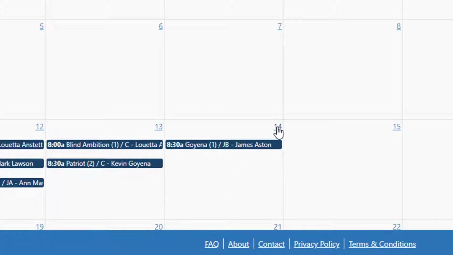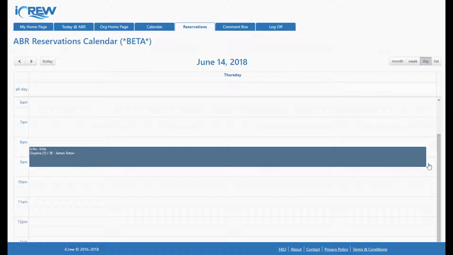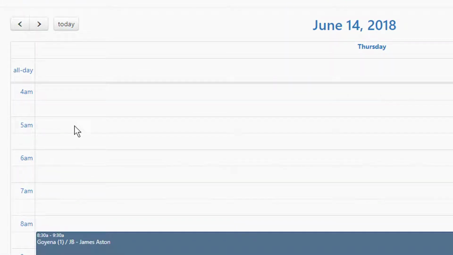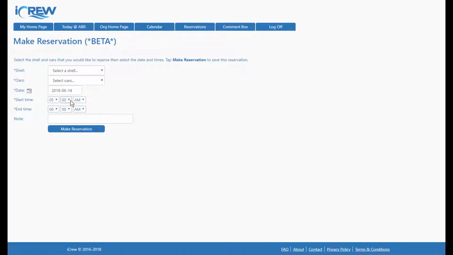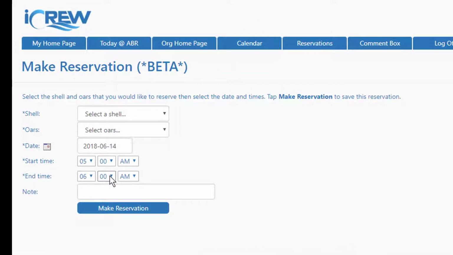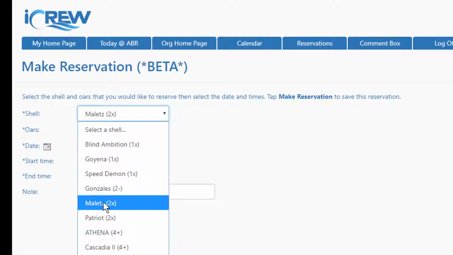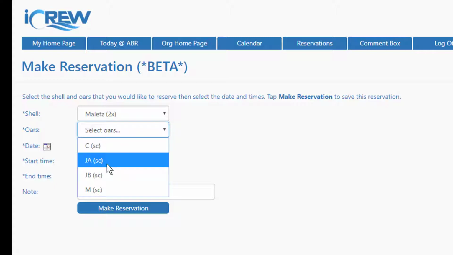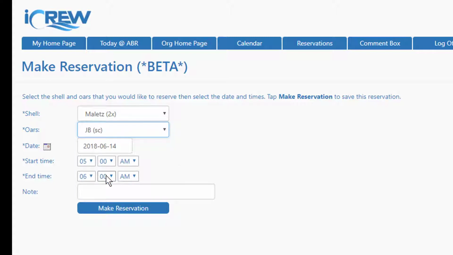But if you go into the day view by clicking on the day number, now when you click anywhere here, let's say 5 a.m., the Make Reservation page comes up with 5 a.m. already selected, and the default duration is 1 hour. I'm going to select the Mallet's sculling shell, and because it's a sculling shell, only the sculling oars are presented for me, so I'll pick the JB sculling oars. Let's go 5 to 6:30 and just say rowing